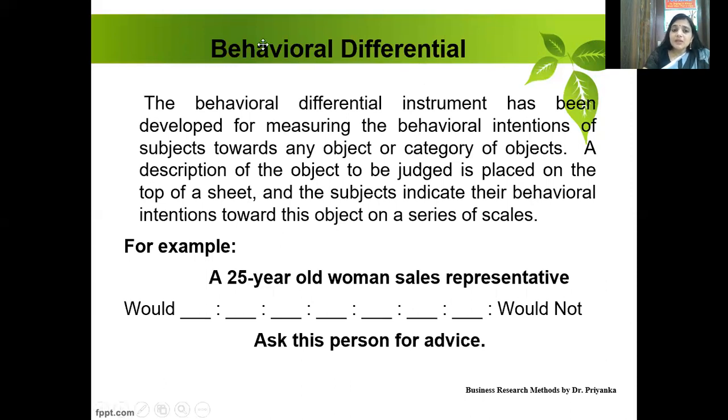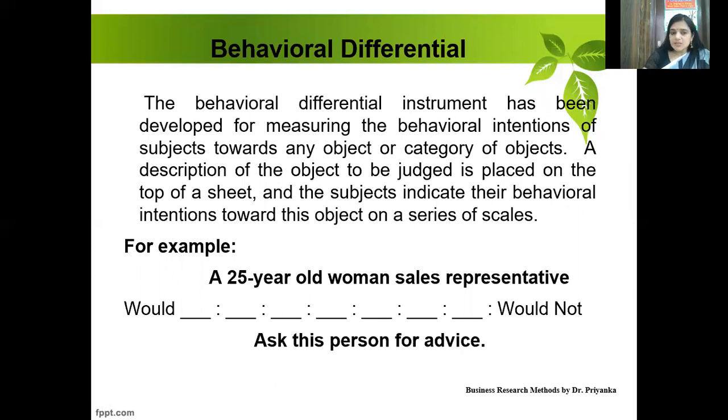Then behavioral differential. The behavioral differential instrument has been developed for measuring the behavioral intentions of subjects towards any object or category of objects. The description of the object to be judged is placed on the top of a sheet, and the subjects indicate their behavioral intention toward the object on a series of scales. For example, a